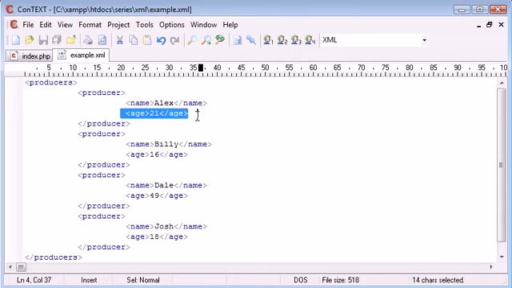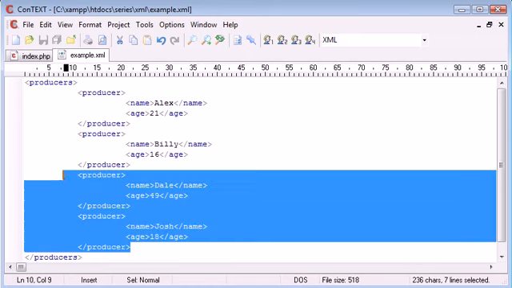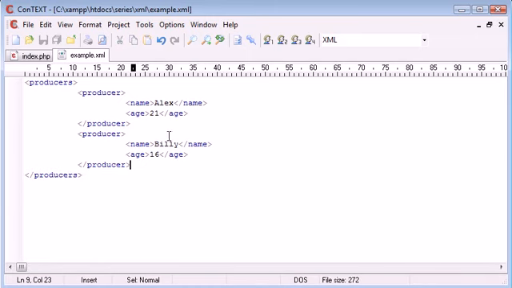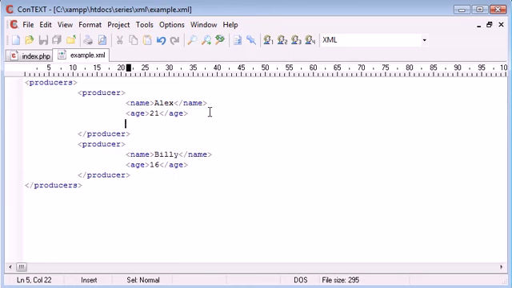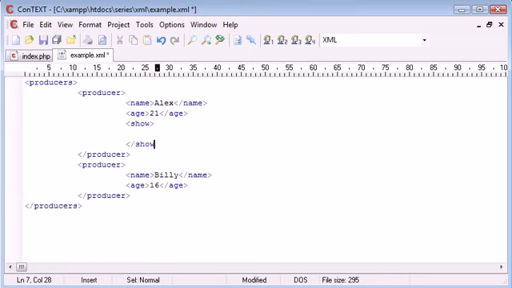And I don't mean further information about credentials like their name or their age. And let's just delete these 2 so we can keep an eye on what's going on here. So inside each producer I want to specify a show that they've produced. So for example here I'm going to say show and I'm going to end show. Now I'm going to provide some details about this show. So show name,